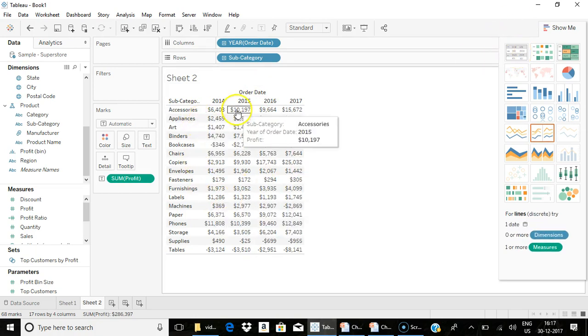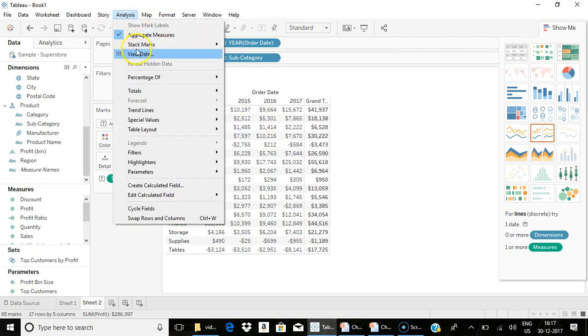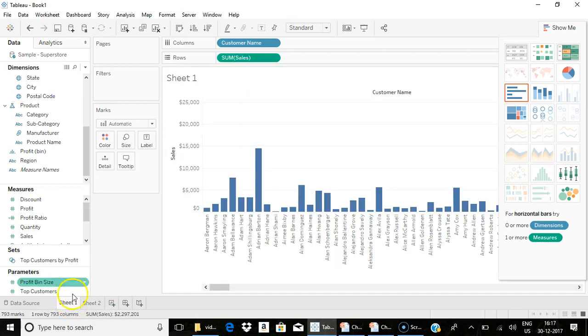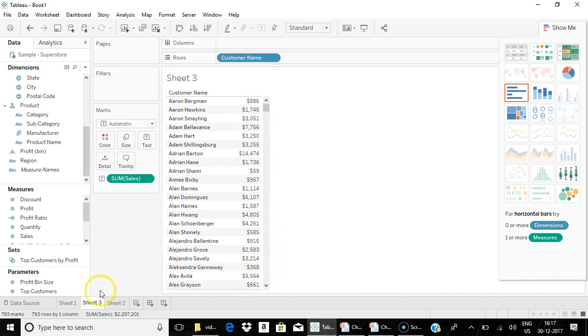This is just showing the summary data between your dimensions and your measures. To the text table, you can also add totals by going to the Analysis menu. Under Totals, you can show the grand total, subtotal, as well as the column totals. Text tables are used to represent your data in the form of tables. You can also click on any of the other graphs and choose Duplicate as Cross Tab, where you get the corresponding table in the next sheet.